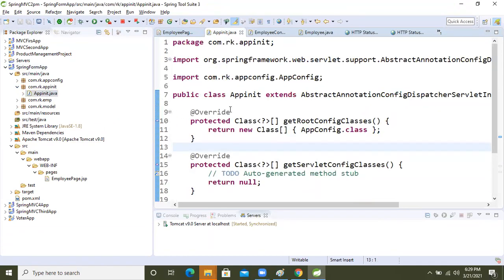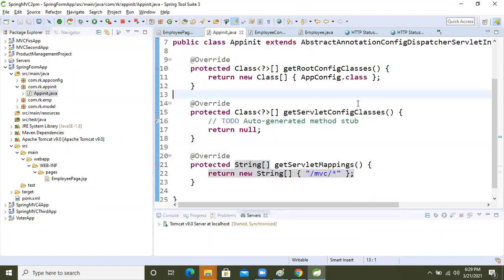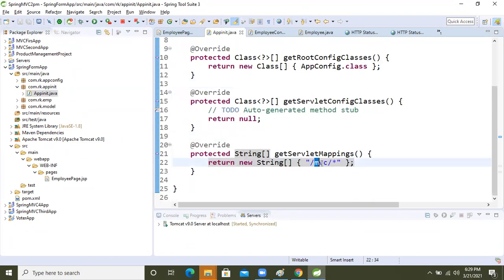The request is coming here. Based on this, our front controller is initializing. Based on this URL, our container is initializing the front controller, the dispatcher servlet.